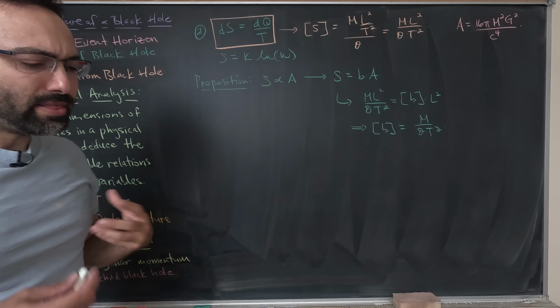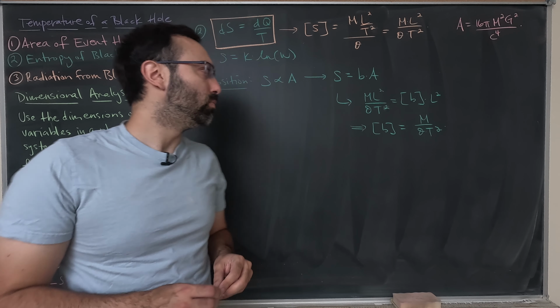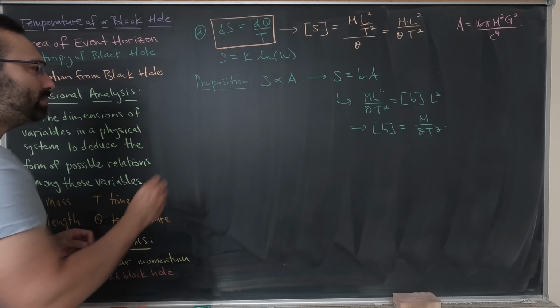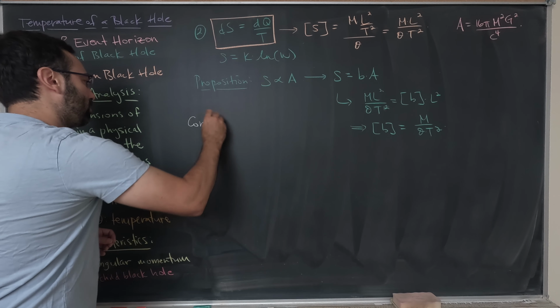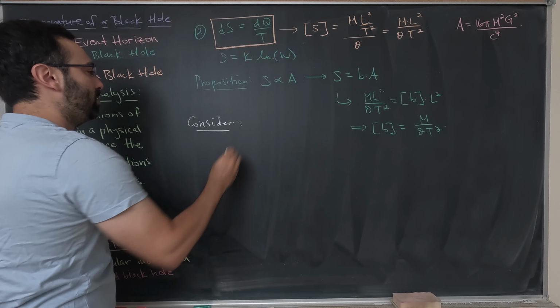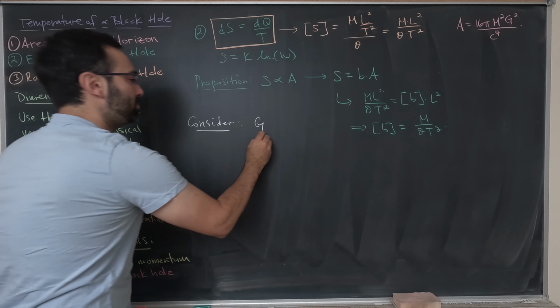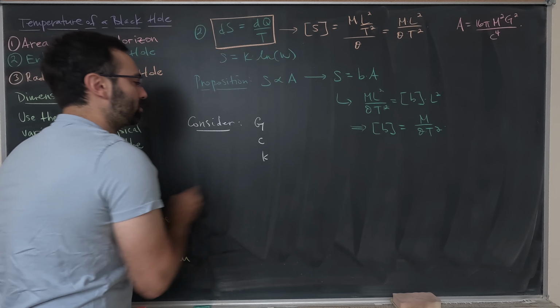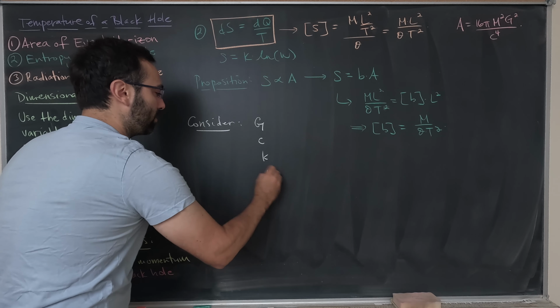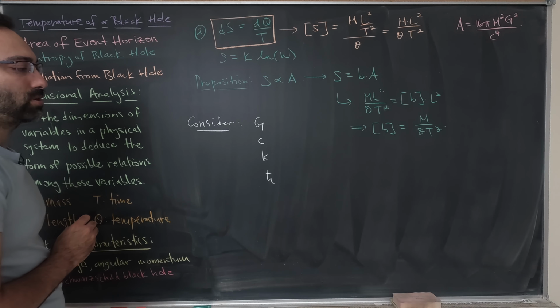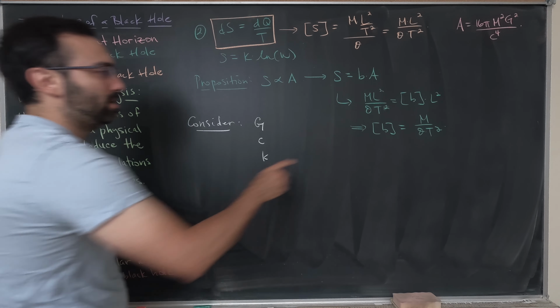And then why don't we propose that because we're dealing with entropy, we're dealing with microstates or configurations of particles. But particles are governed by the laws of quantum mechanics. So what's a fundamental parameter in quantum mechanics? Maybe Planck's constant h, or even h bar. Well, let's go with that then. Let's consider the gravitation constant G, the speed of light c, the Boltzmann constant little k, and h bar, the reduced Planck constant. If that's the case, then